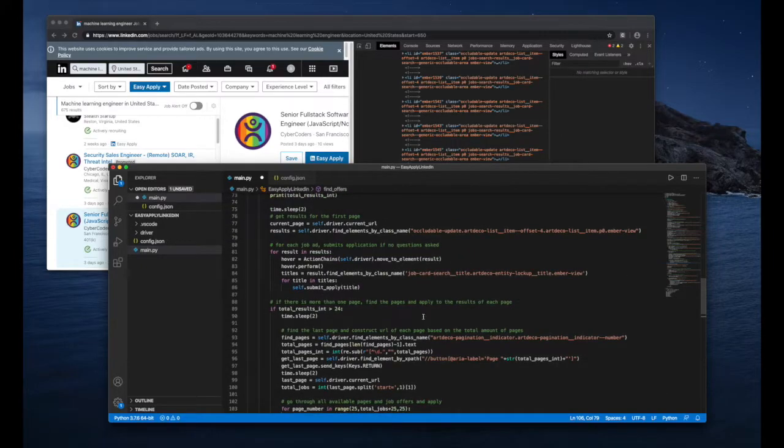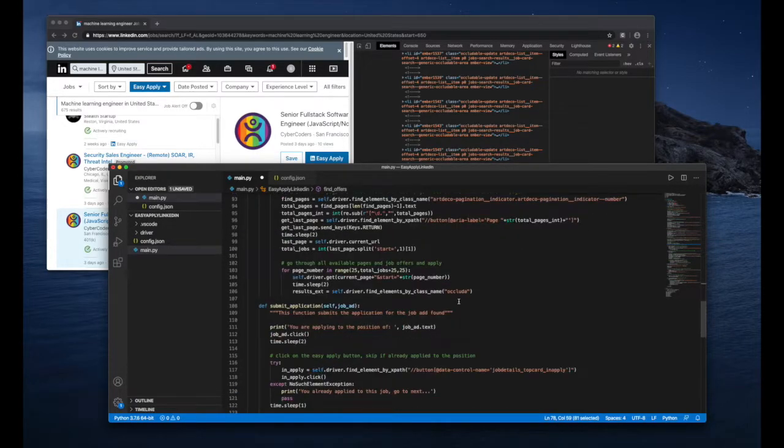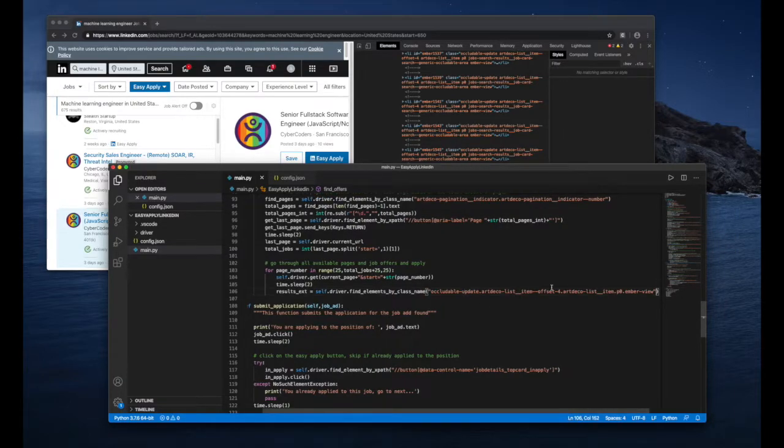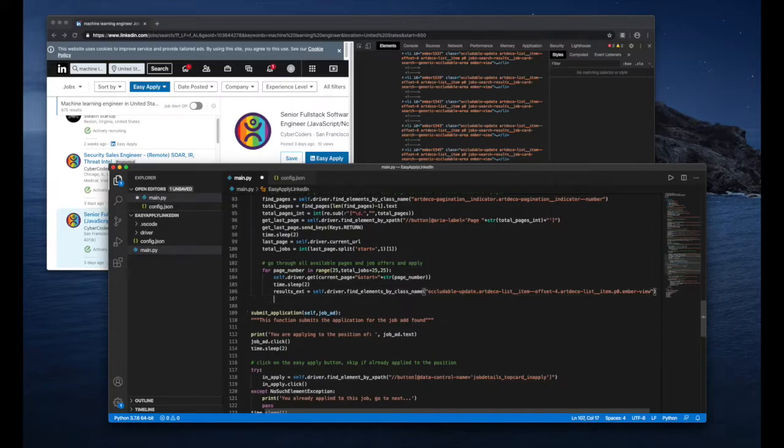So this one here is going to be the same element. Just going to copy that so we're not going to have any typos. And again, for result X in results,